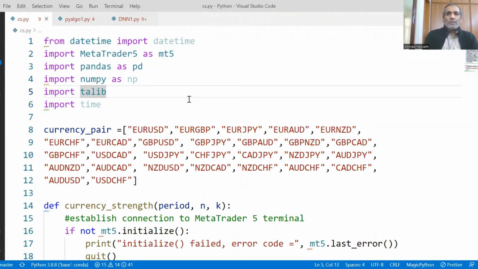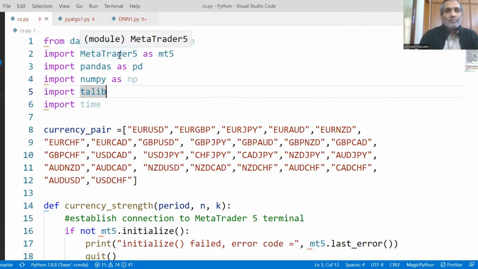You should also watch that video on Learn Pandas for algorithmic trading because we have to use Pandas in this video, and you should also watch the video on the TA-Lib technical analysis library for Python and NumPy for algorithmic trading. Once you have watched these videos, then you can watch this video and you will easily understand what I'm saying.